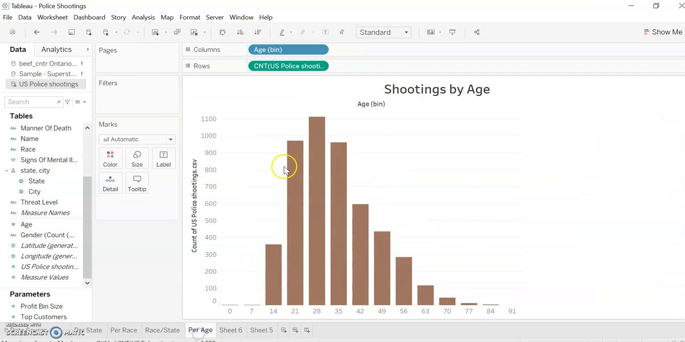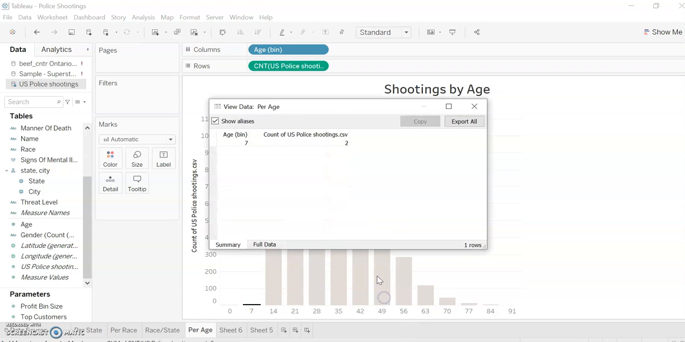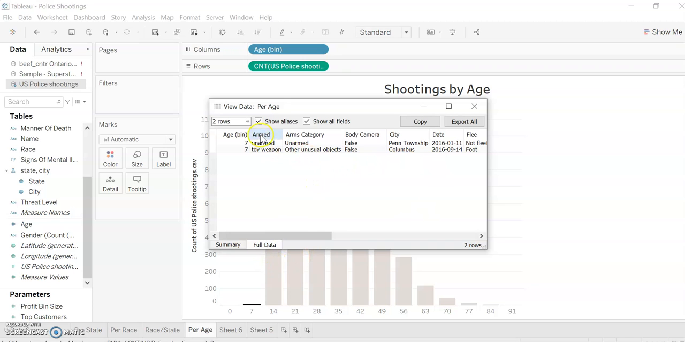So I also use age analysis. I did between 0 and 7, we have 2 people there, and then between 7 and 14 we have about 14 people. If you go straight to the data, you see that there are 2 people here. But if you say, okay, let's see the full data of these 2, unarmed people, we see that